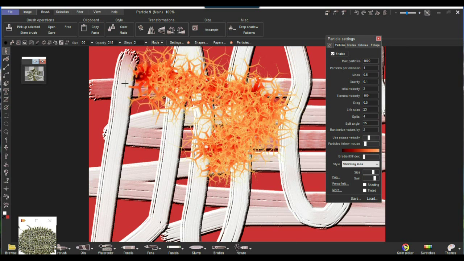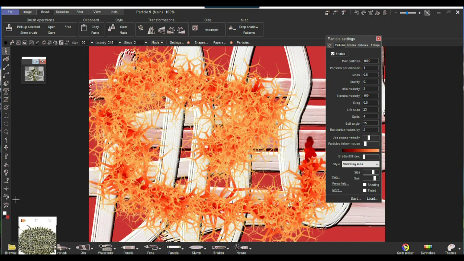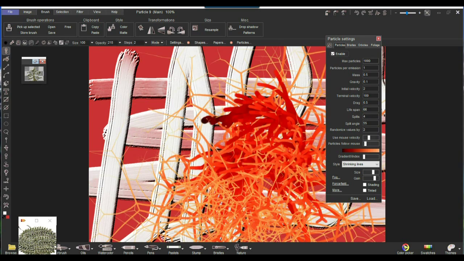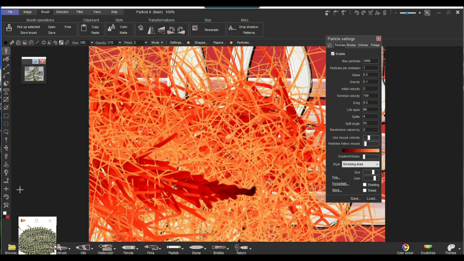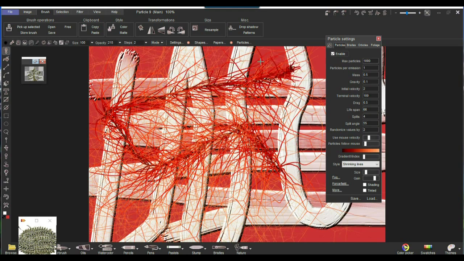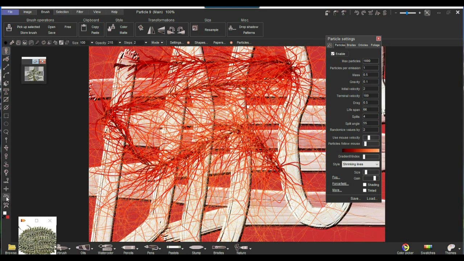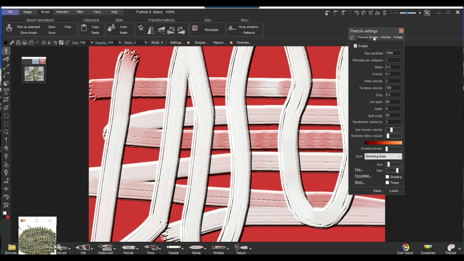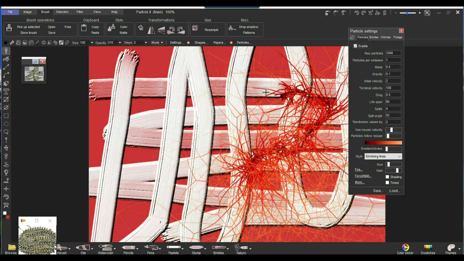The Genie Effect is very stubborn. It wants to go its own way and make a very strong impression. If we change the lifespan to a longer one, let's say 66, we see very long, spiky things, but that's what it does. And if we reduce the size, it's very thin, but still it's going its own way. Just like the legs of a daddy long legs spider, they just go and do